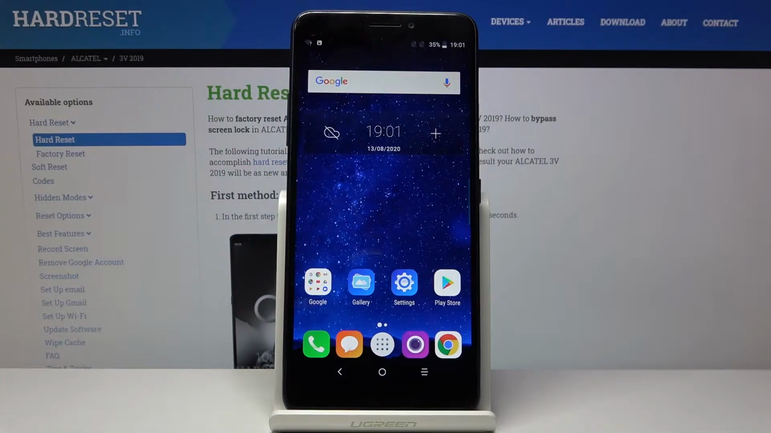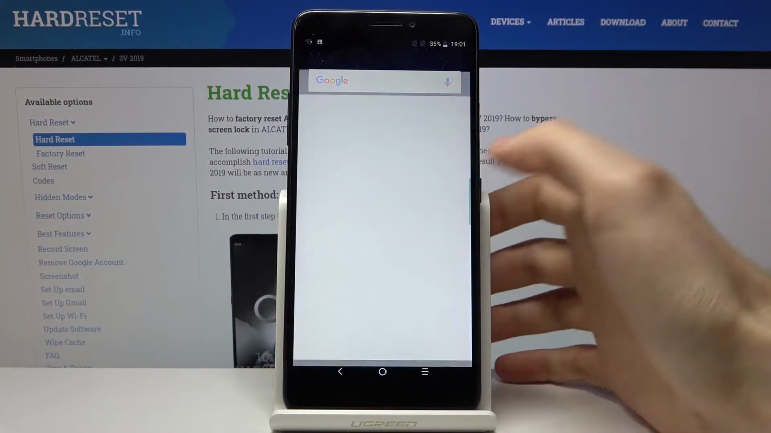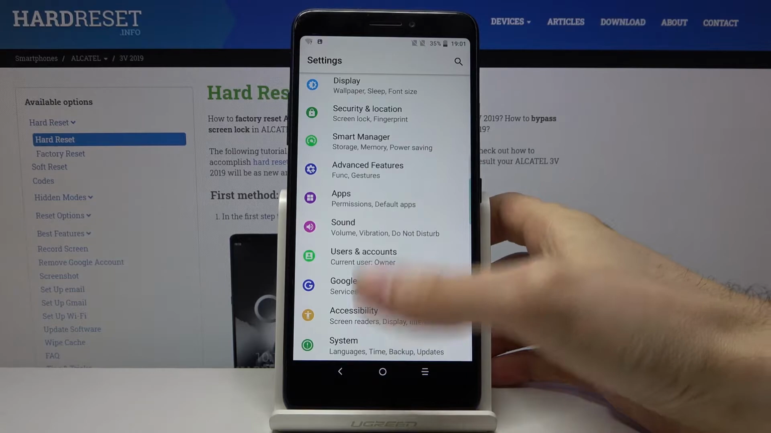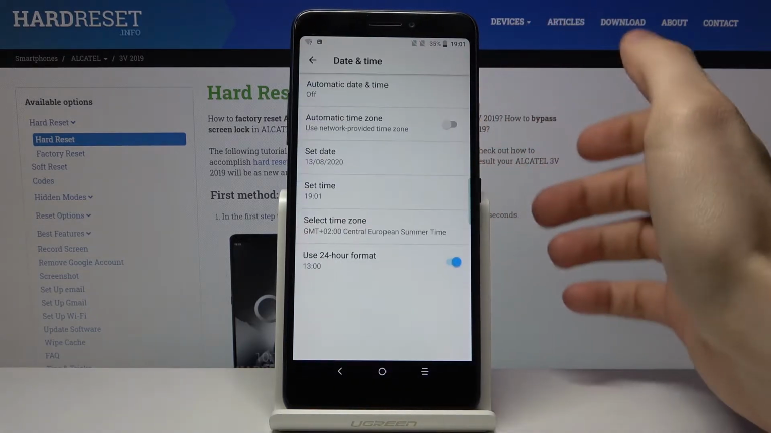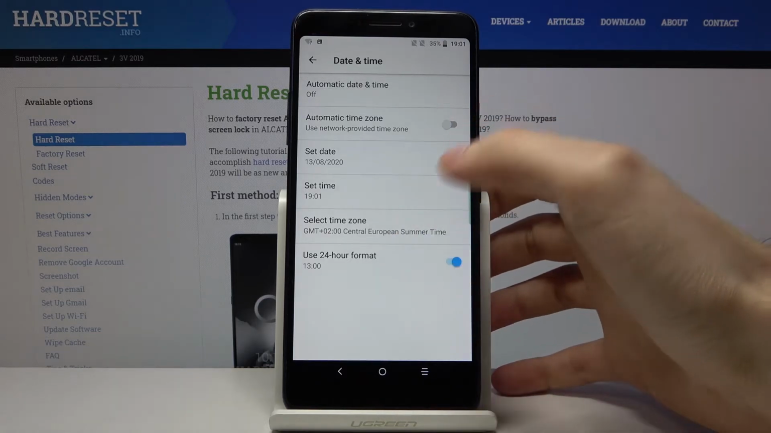Here I have ALCATEL 3V, and today I'm going to show you how to change date and time settings on this device. So first of all, you have to open settings, then you have to go to the system, date and time, and here you